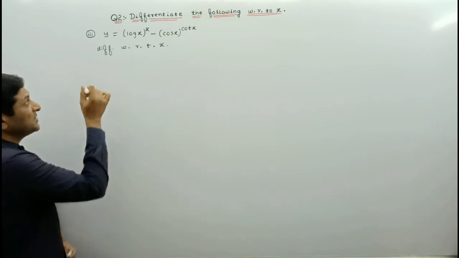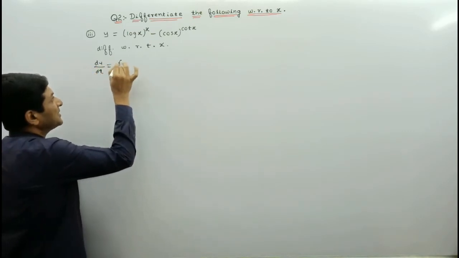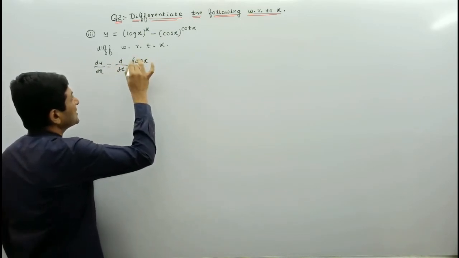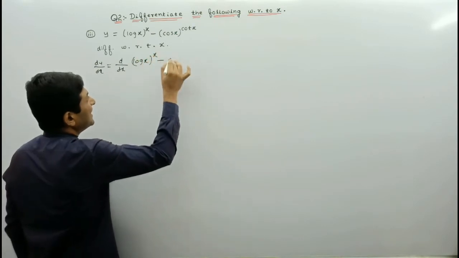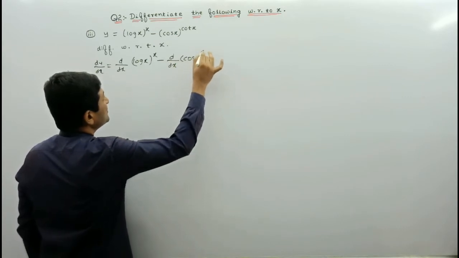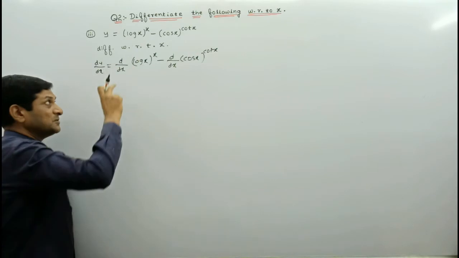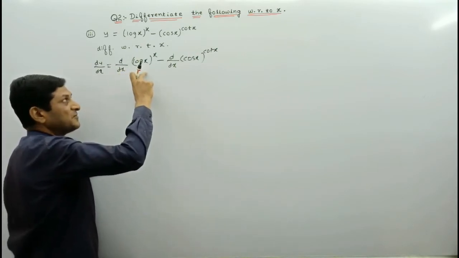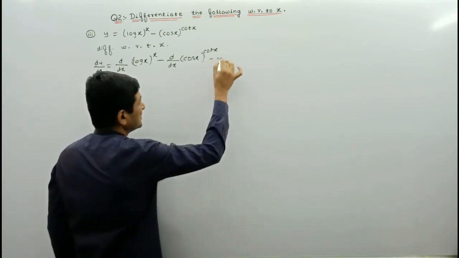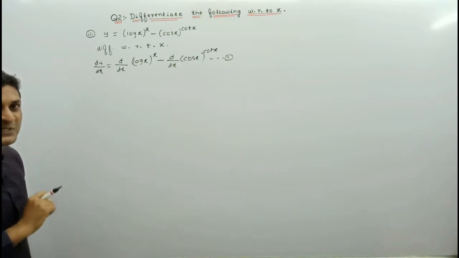So we are differentiating it with respect to x. So dy upon dx will be equal to d by dx of log of x raised to power x, minus d by dx of cos of x raised to power cot x, isn't it? We are just finding the differentiation. Now we first find the separate derivative of the first term, and later substitute this value in this equation. Let us denote this equation as equation number 1, and in the same way later we will find the differentiation of the second term also.